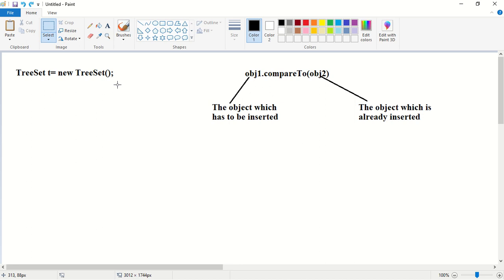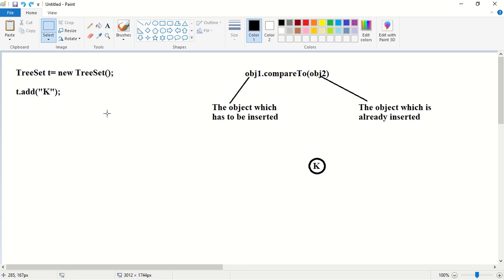You know that default natural sorting order makes use of the Comparable interface. Inside the Comparable interface, we have only one method, the compareTo method. And JVM will call this compareTo method automatically. Next, first I am going to add the first element. So t.add(k). This is the first element. To insert the first element, is comparison required? No, comparison is not required. So k will be added directly, and this k acts as the root element now, since the first element always acts as the root element.